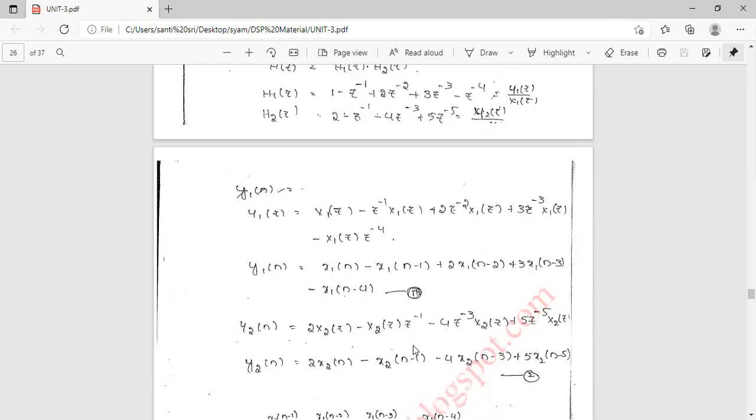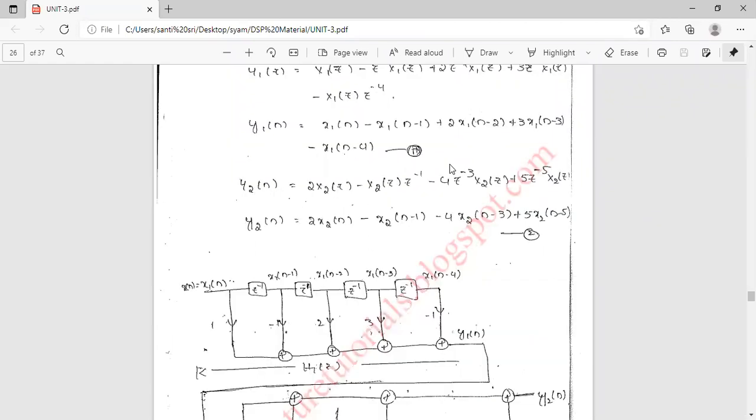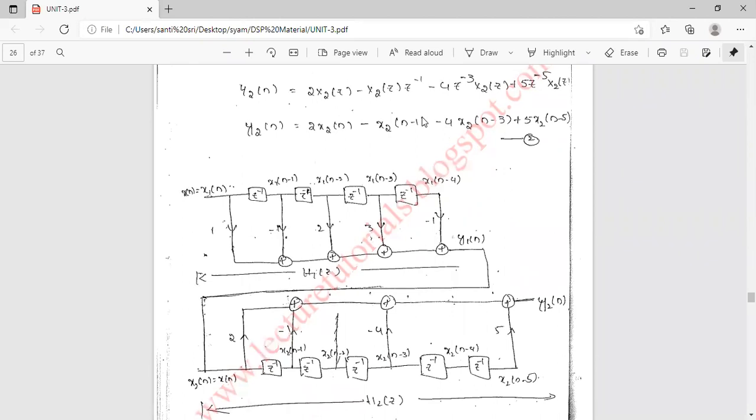In the same manner, y2 of n is 2 into x2 of n minus 1 into x2 of n minus 1, minus 4 into x2 of n minus 3, plus 5 into x2 of n minus 5, right? Like that. That is equation number 2. So these two equations, y1 of n and y2 of n, will be added, so that we will get